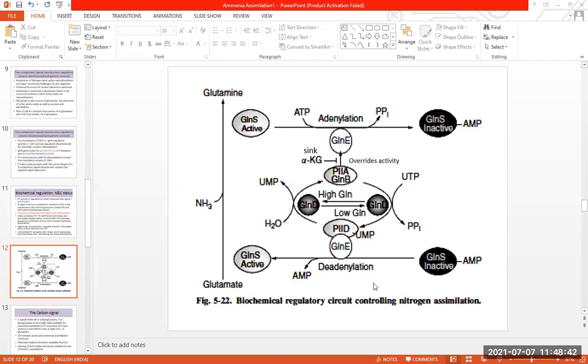Shraddha, are you there? Can you hear me? Yes, sir. So I'm giving you exactly 2 minutes. In 2 minutes, you just go through this diagram once again. Which way are you going to go? I'm giving you the clue. Low glutamine concentration, you start with this particular thing. Try to understand all the process, like this, and then this, and this, and then the other half, high concentration of glutamine. This way we are going to understand it. So your 2 minutes will start now.